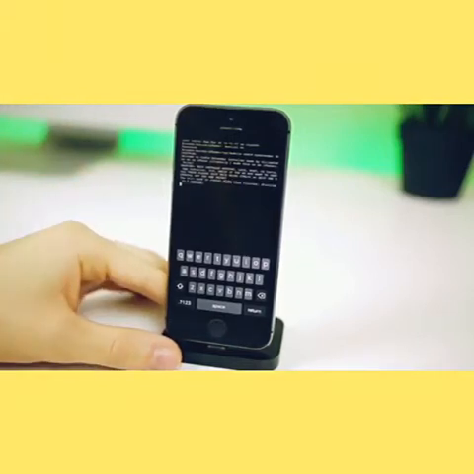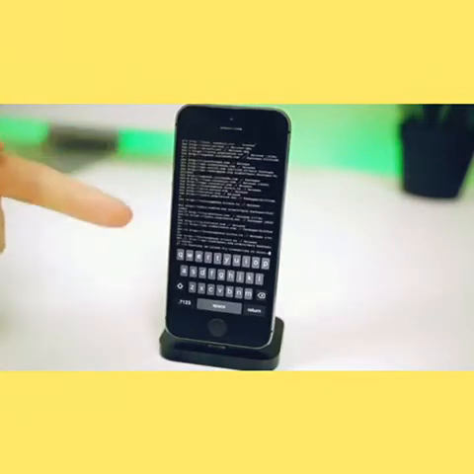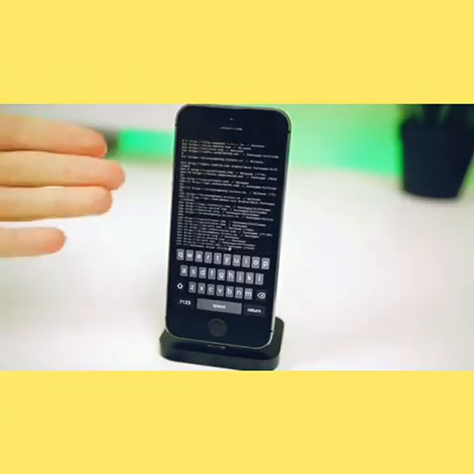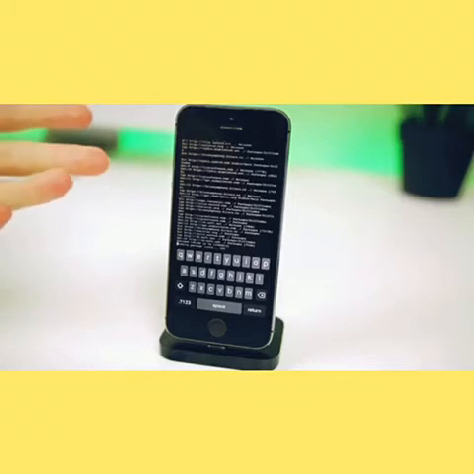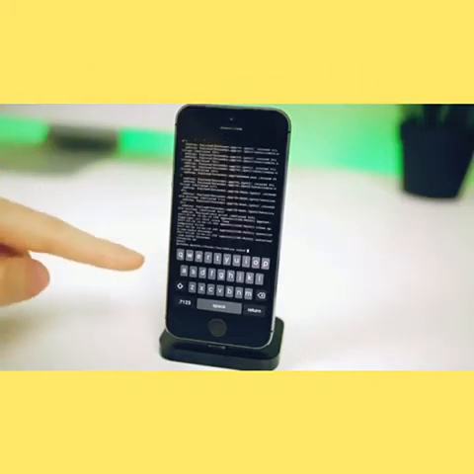Then you will see it's going to install a bunch of packages manually through Terminal. And one of those packages is AppSync. So you should see a bunch of code running down here, and it should be installing a bunch of packages and checking all the dependencies and things like that. And there we go, it should be done, and it should say cleaning up done, and above that should be